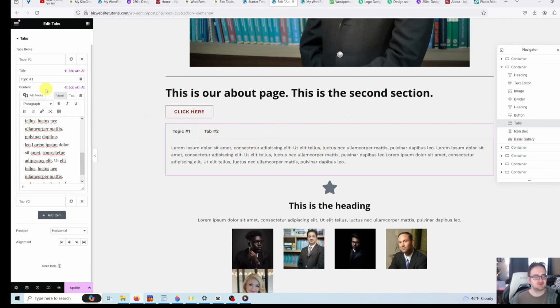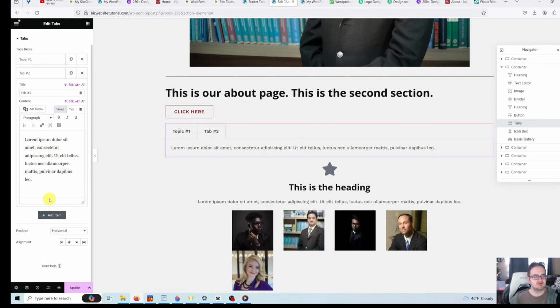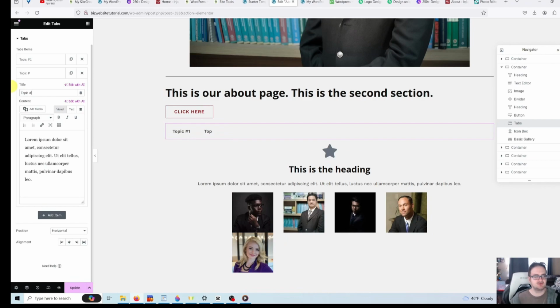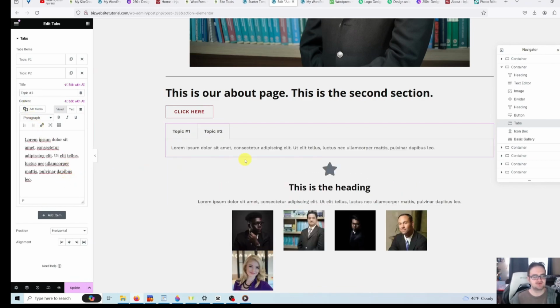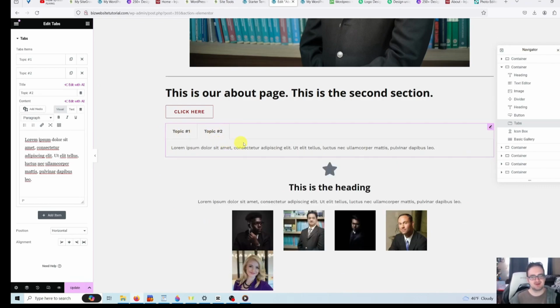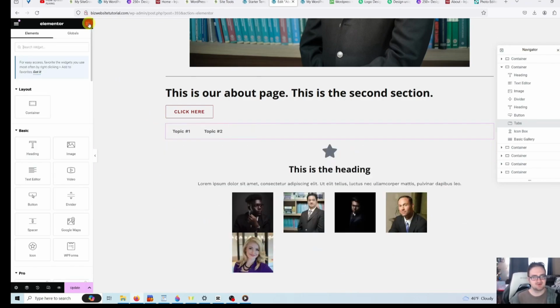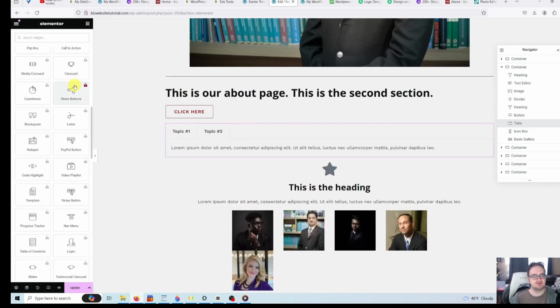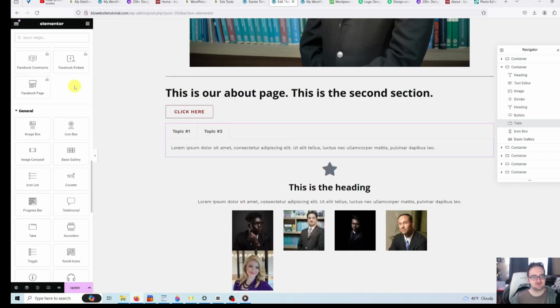Then we could select our tab 2 by left clicking tab 2 and put, for example, topic number 2, and we could change the text here too. So now a reader could click on where it says topic 1 or topic 2, and there's a nice little tab section. There's another very useful thing that you can put, which is kind of like a frequently asked questions